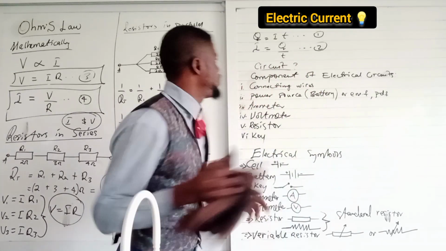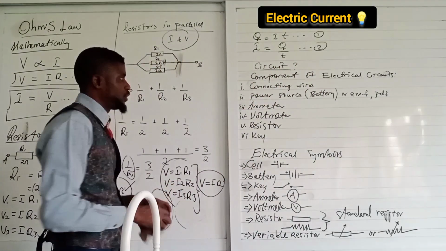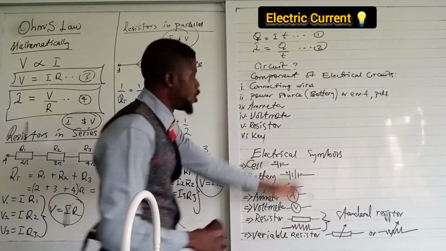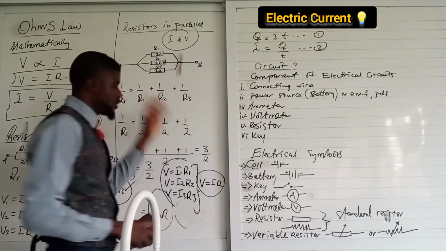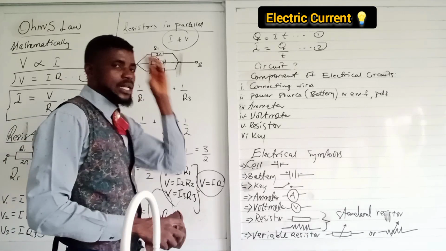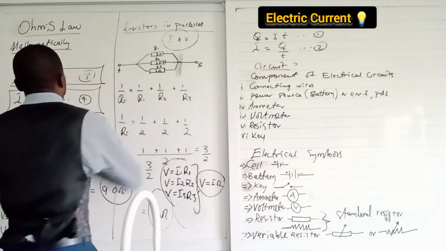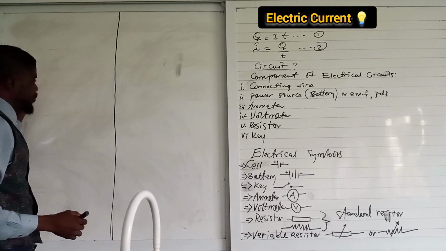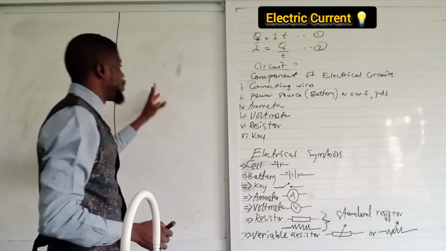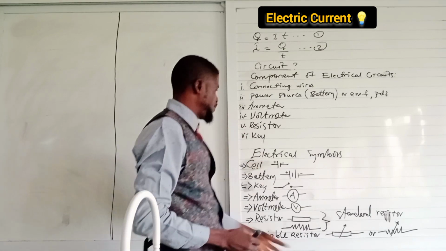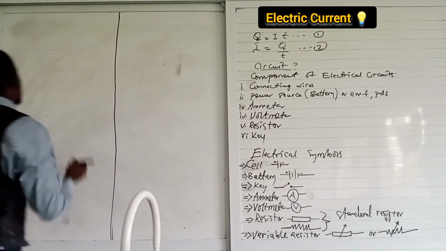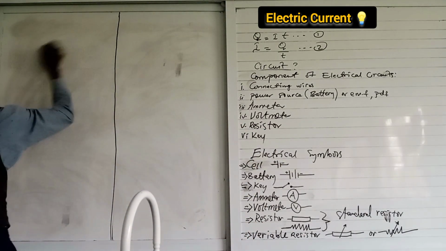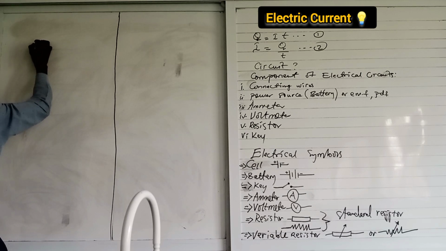So before we run our experiment, it is very, very important that I combine these components and draw a simple electrical circuit. I'm going to draw a circuit for parallel resistors and also a circuit for series resistors using these various electrical components. So you have these resistors,